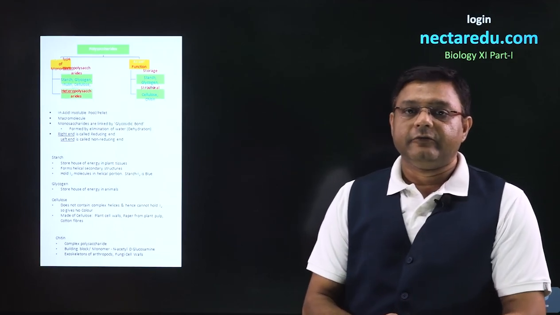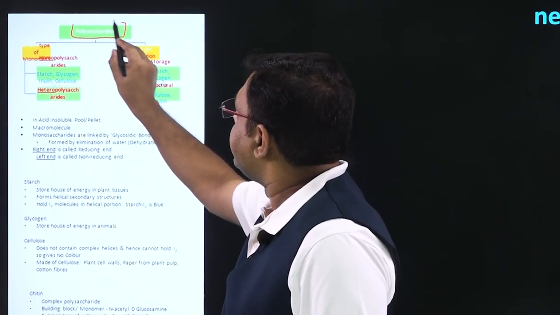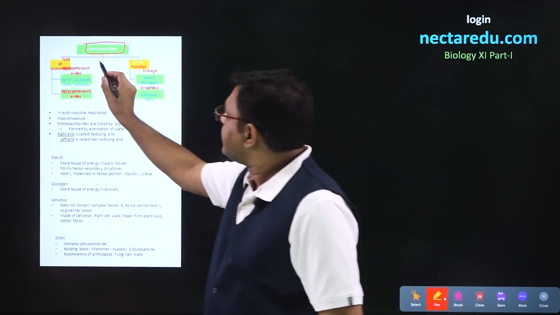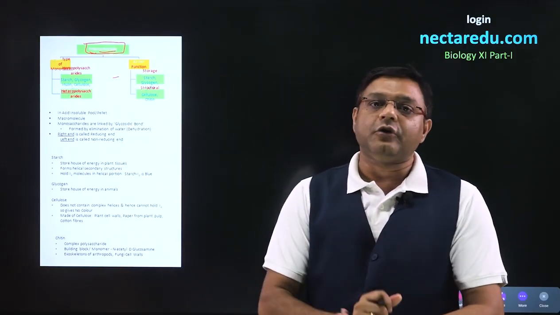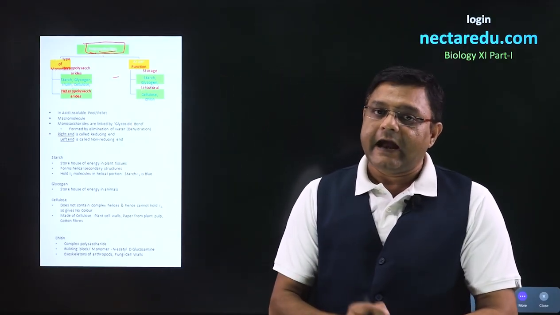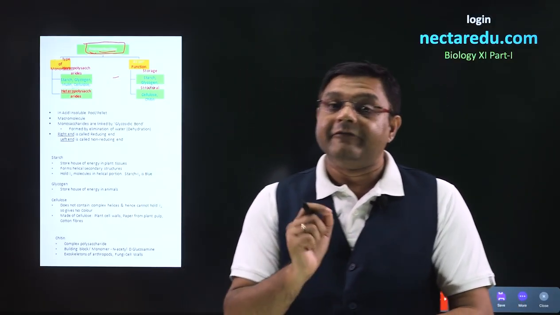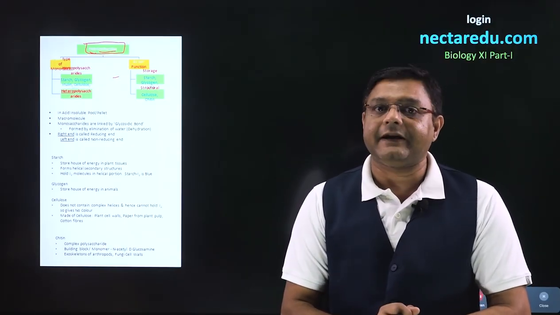In this particular video, we will look into the details of a type of carbohydrates which are called polysaccharides. So, as the name suggests, polysaccharide. In this, thousands of monosaccharides will be present, and the chain of these thousands of monosaccharides will be joined by glycosidic bond.